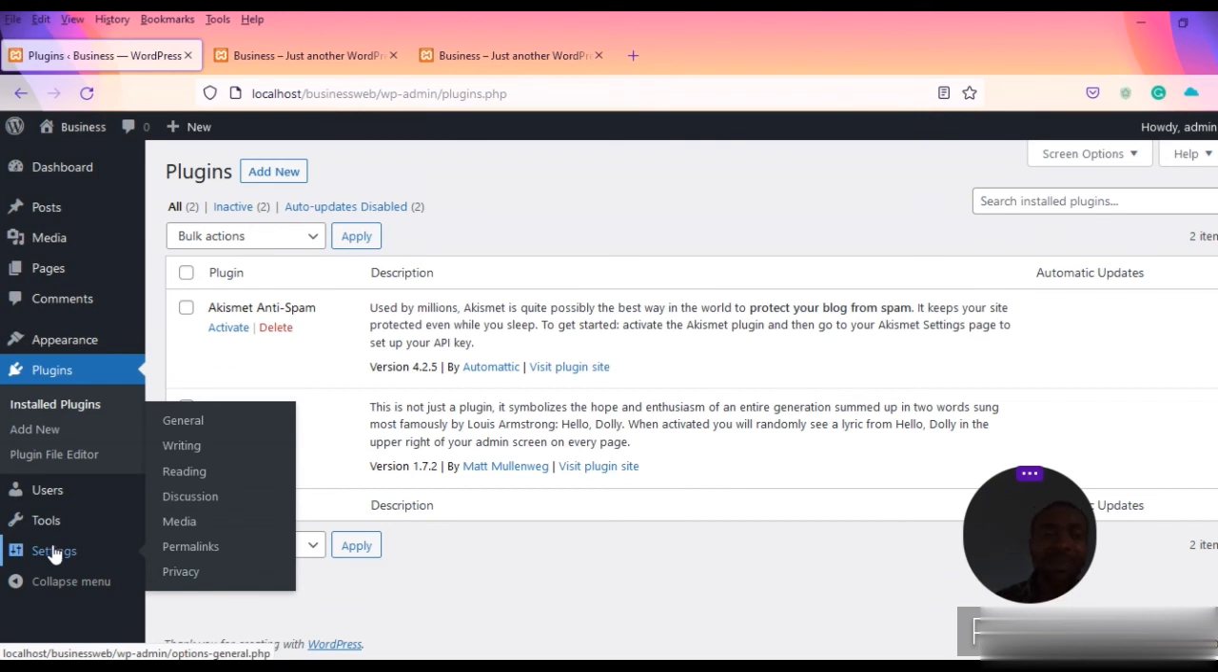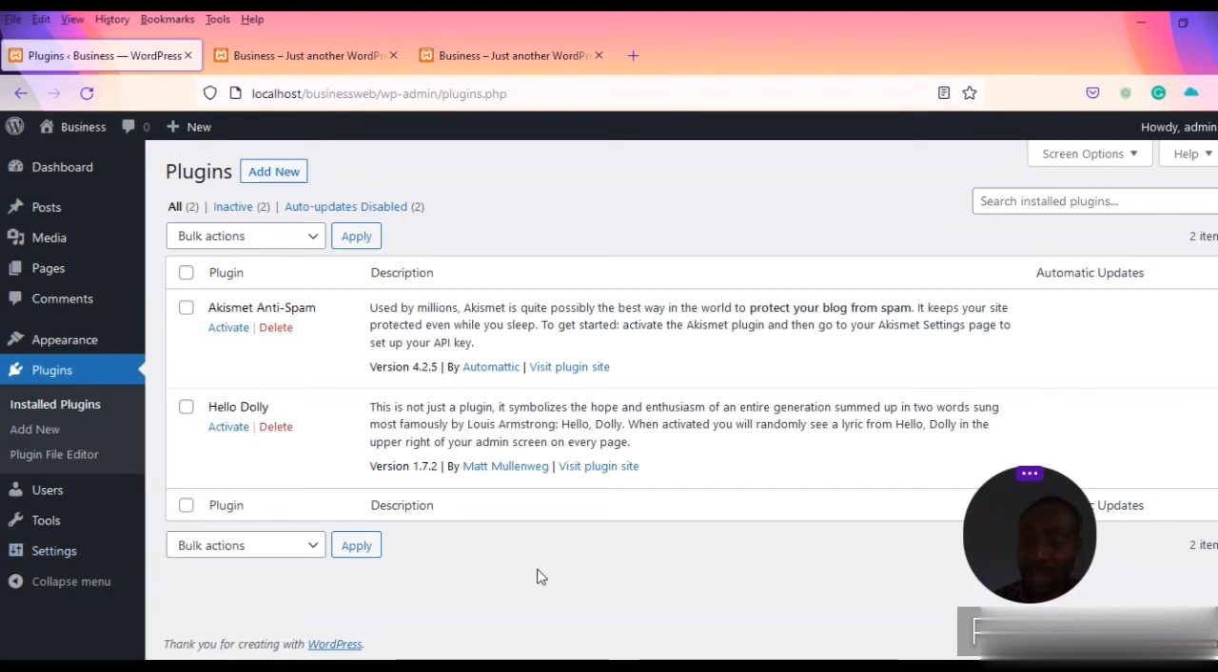Then one of the most important things to talk about is Settings. When you install a site, you have to do some settings on it. We have general settings for the site, writing settings, reading settings, discussion settings, and media settings. Permalinks talk about the web addresses of the site. Then there is privacy. So this is all we can talk about